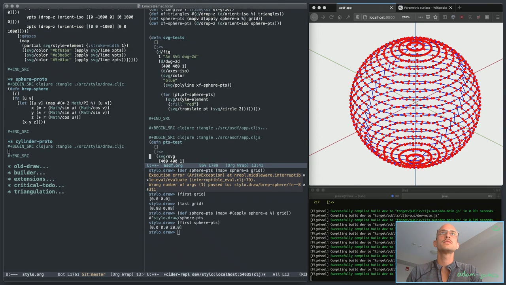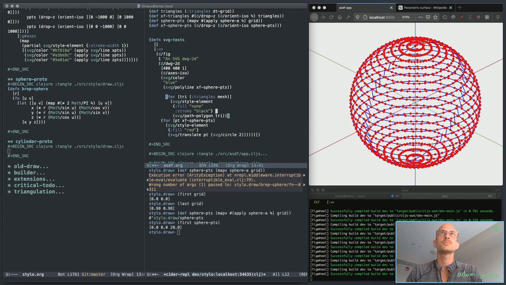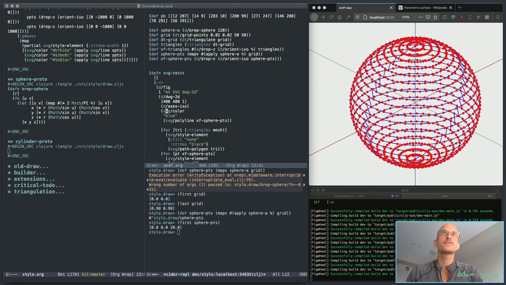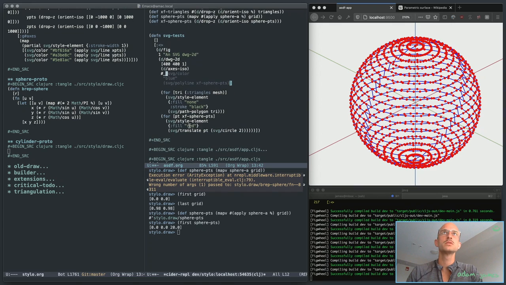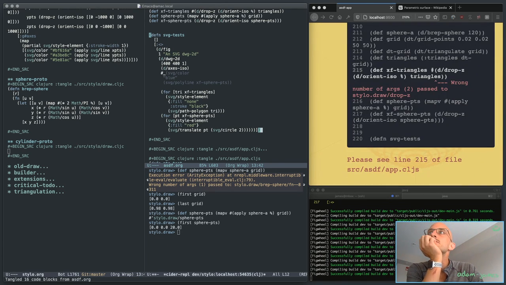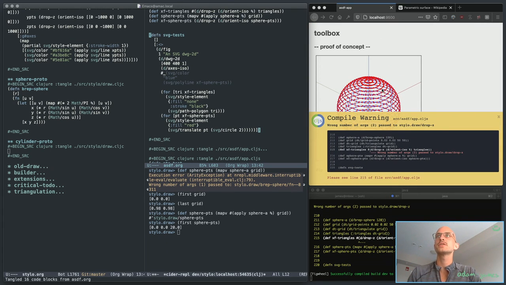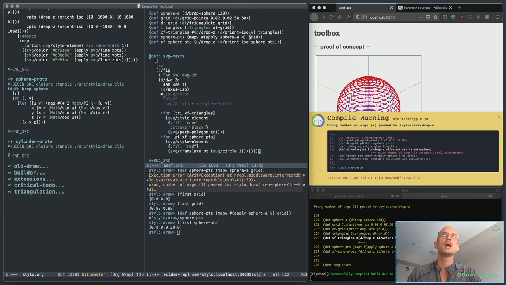Instead of, well, doesn't matter that much. Let's go like this. Let's get rid of this one. Right, for try in XF triangles. I don't know if I'm thinking about this right. We'll find out soon. You just draw the triangles and then, let's see if that works. Okay, we've got something wrong here, which is fine. We can work with things that are wrong. Ah, yes. Here,